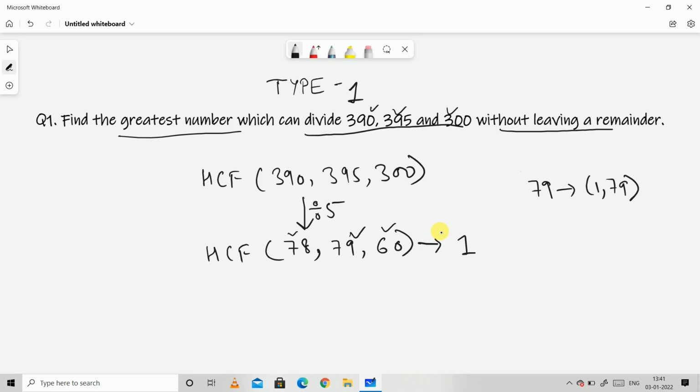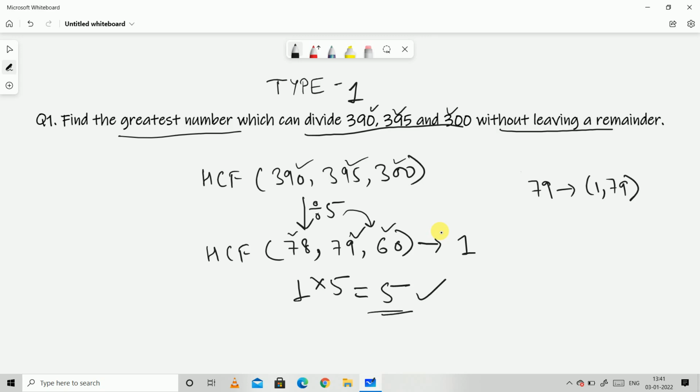But I need to find the HCF of these three, right? For finding that, I need to compensate for the 5 with which I divided to reduce it to this. So if I divided by 5, I need to multiply by 5. I have told you all these things in my previous videos where I was teaching about the methods to find the HCF, so you can go and check that out, and I am explaining here also. 1 into 5, since I divided by 5, I need to compensate, I need to multiply by 5 and my final answer comes out to be 5.